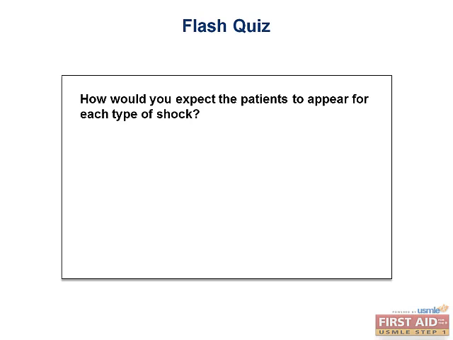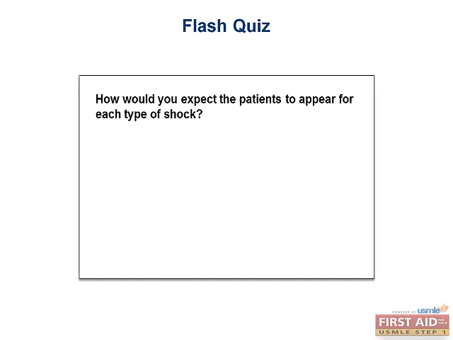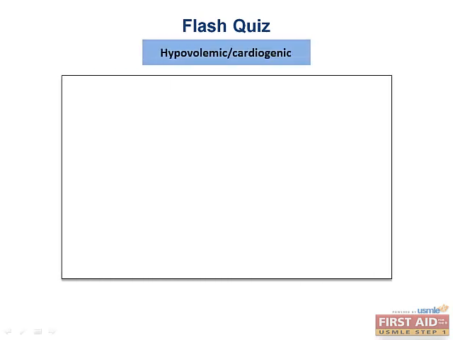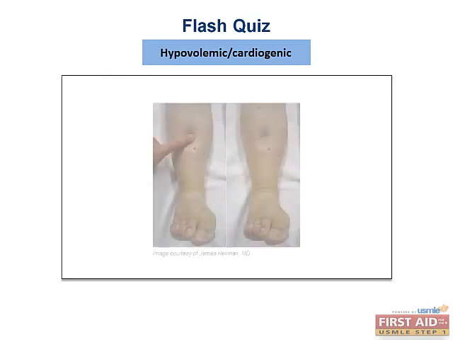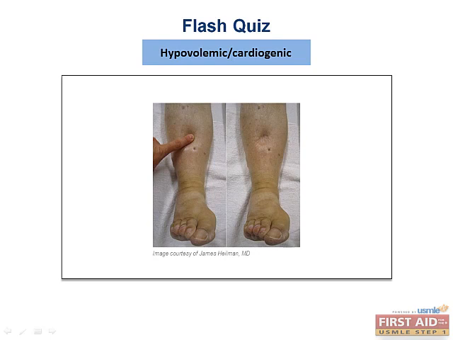Well, now it's time for another flash quiz. How would you expect these patients, both of these types of patients, to appear? Well, let's think about it. For hypovolemic and cardiogenic shock, what do you think? So they have less blood volume, so they'll probably be pale. And because you have all of that norepinephrine and catecholamines vasoconstricting, that'll lead to them being pale and also sweaty, so they'll be a little bit clammy too. So cold, cool, and clammy and pale,